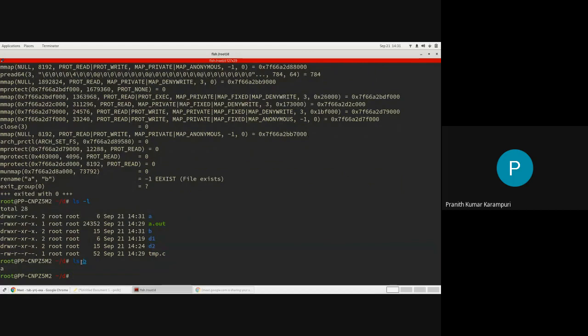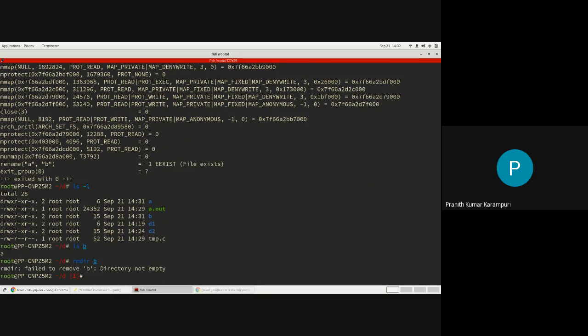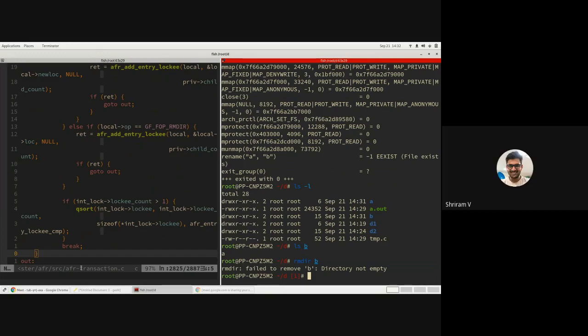So basically, when you are trying to do a rename from A to B, if there is a parallel creation operation inside B, that will lead to conflicts, right? Got it. That's why you need to take a lock inside B also. Same thing with rmdir also. rmdir B also will fail because there are files inside B. rmdir B is basically changing this directory D, but we don't want anybody to change this directory while this rmdir is happening. So we need extra locks for them. Does that make sense? Yeah, got it.